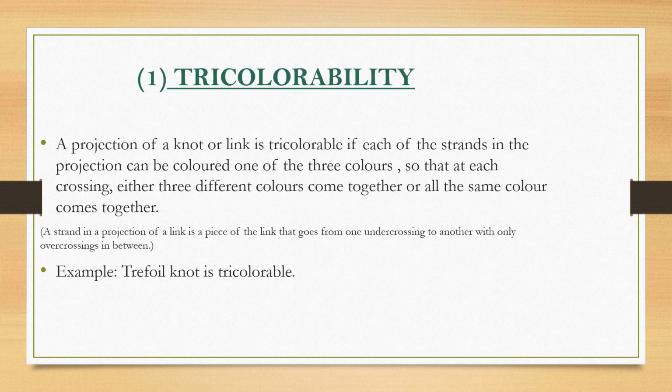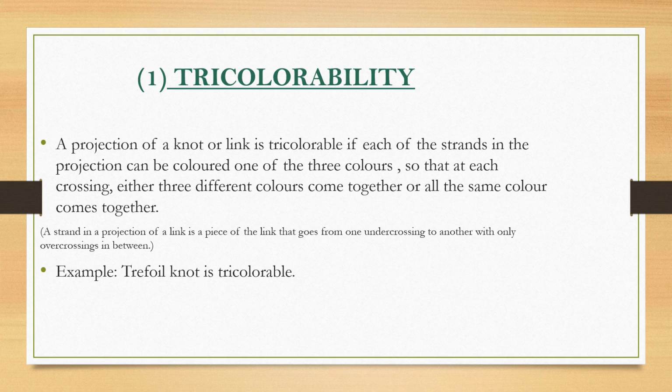Now we are going to introduce ourselves to different classical knot invariants. To begin with, we speak about tricolorability of a projection of a knot or link. A link, in easy words, is a combination of more than one knot. So a projection of a knot or link is tricolorable